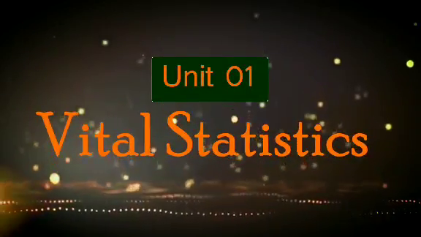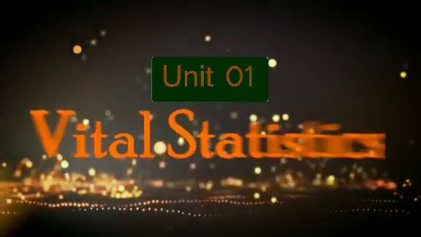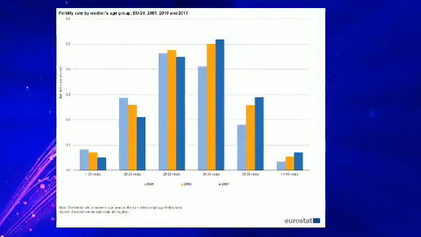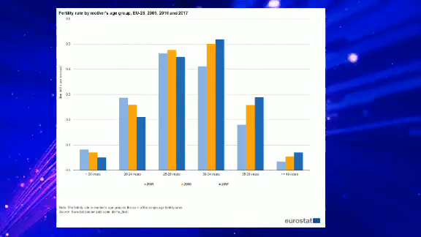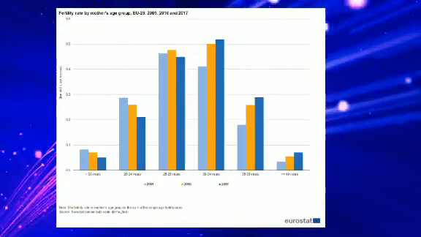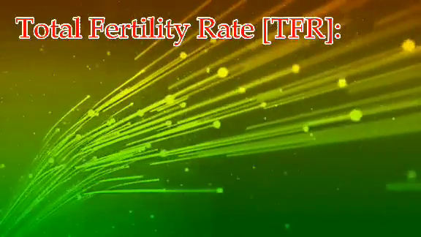In the previous sessions, we discussed the different measures of finding fertility. Those are CBR, GFR, ASFR, and the problems based on all three measures. In today's session, let us study the last concept of finding the fertility rate, that is total fertility rate,